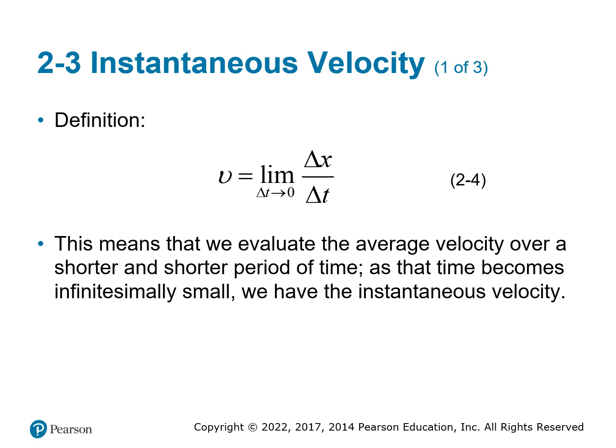Instantaneous velocity is defined as the change in x over the change in time. Change in x is the change in displacement. So you typically evaluate average velocity for shorter and shorter periods of time as your problem goes on, until that time becomes so small that you have instantaneous velocity. In other words, instantaneous velocity means the velocity right at that point in time.